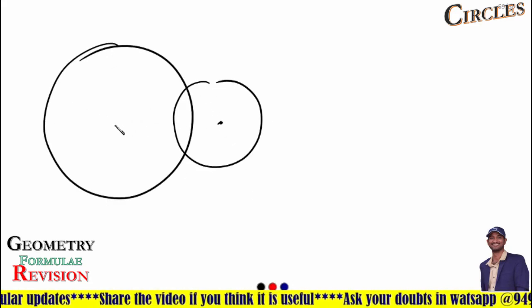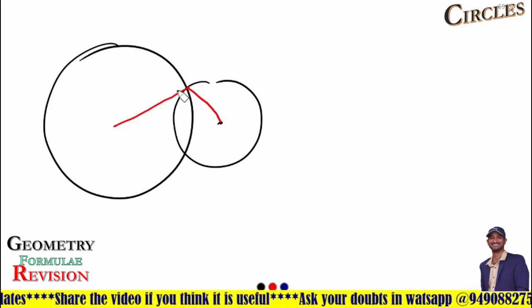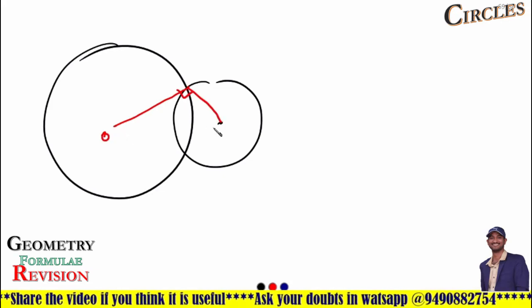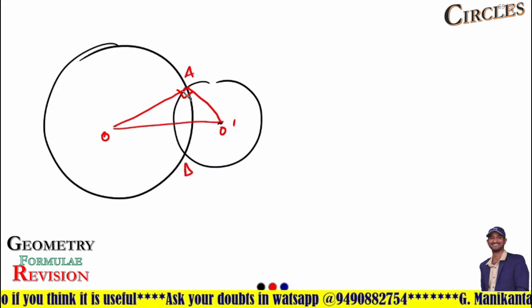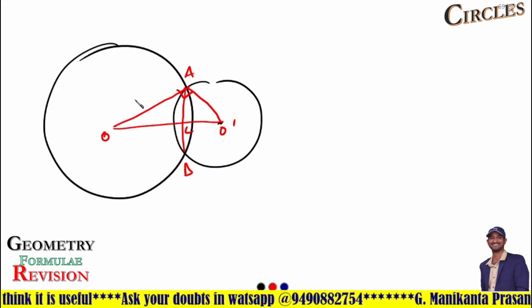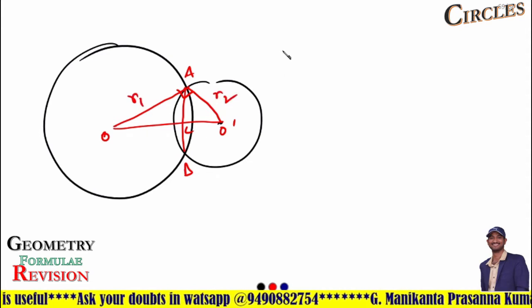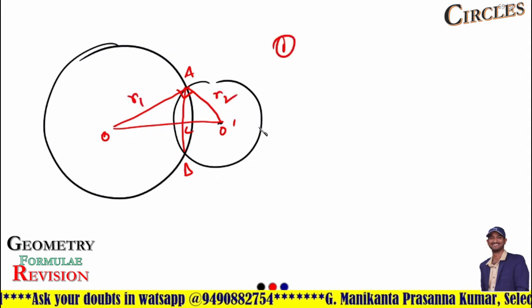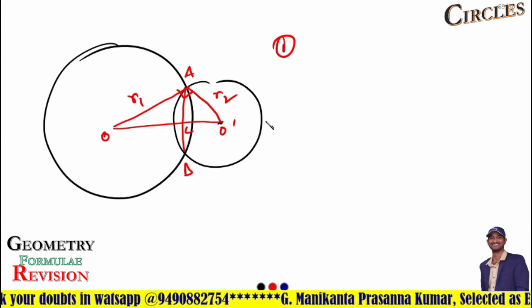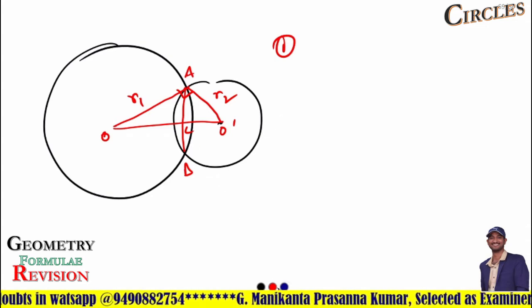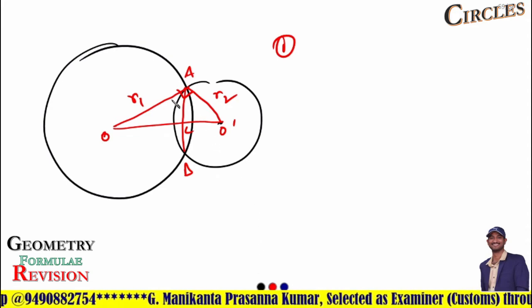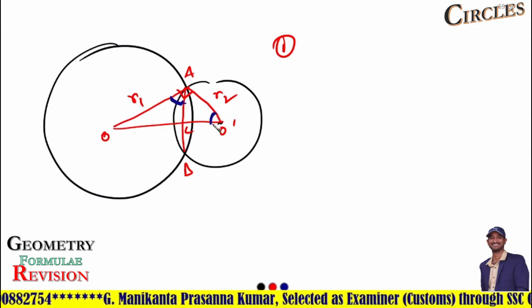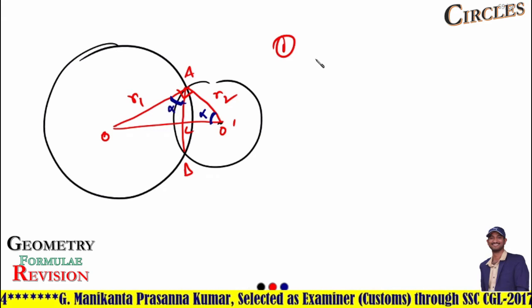Okay. If the angle is 90 degrees, O dash, and it is A and it is B, and it intersects at C. It is R1 and it is R2. For orthogonal circles, we have some direct formulas. Let's observe. These two angles are equal. What are those two angles? This angle is equal to this angle. If it is alpha, then it is also alpha.